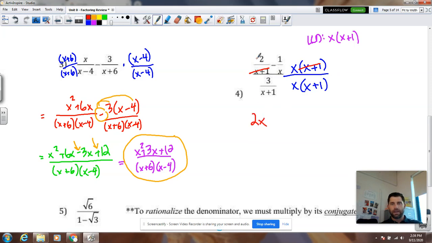So my very top left term, really what I'm doing is multiplying this by that whole x plus 1 LCD. So once I have that taken care of, now I'm going to multiply my second term, the negative 1 over x, also